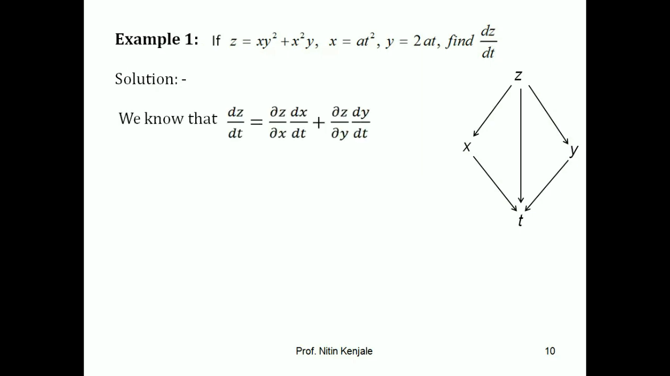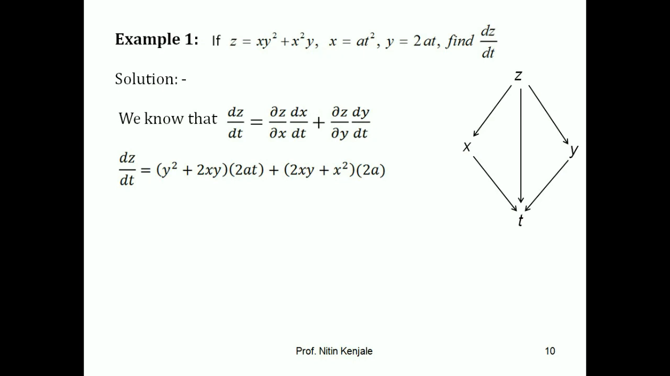If z is equal to xy square plus x square y and x is equal to at square and y is equal to 2at, then we have to find dz/dt. You can clearly observe that z is a function of two variables x and y, which are itself functions of t. Now we have to find out what is dz/dt. We first draw this tree diagram for the sake of writing a formula of dz/dt. So we know that dz/dt is equal to ∂z/∂x into dx/dt plus ∂z/∂y into